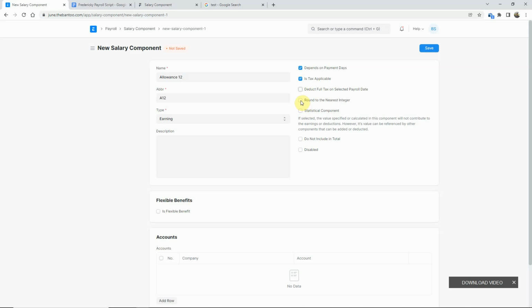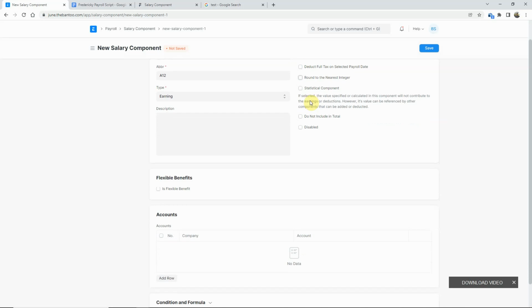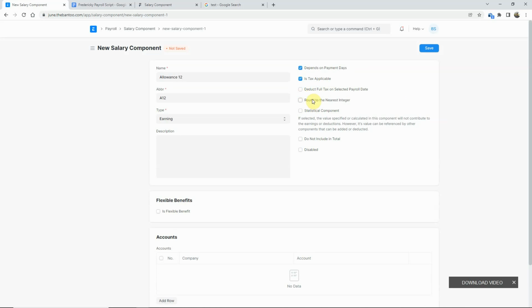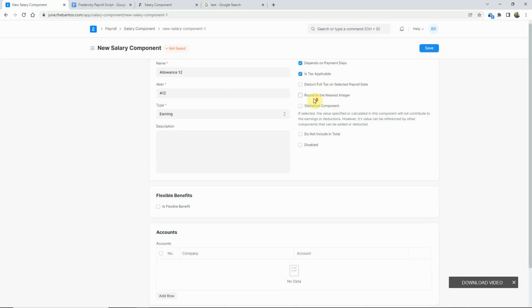Okay, so having round to the nearest integer ticked, when this is selected, it will allow you to round the amount of this component to the nearest integer. Okay, so we want to leave these two out, we want to use them. So next is